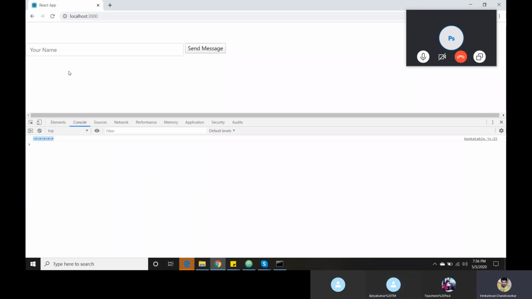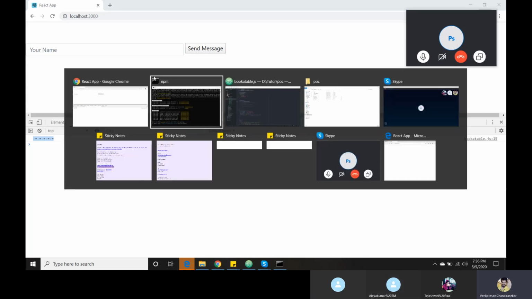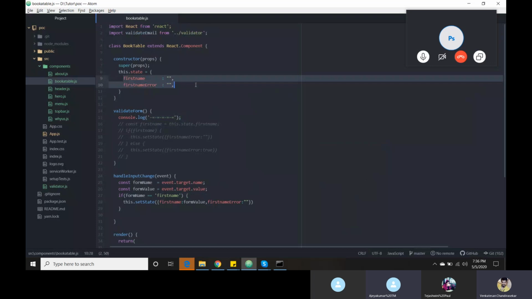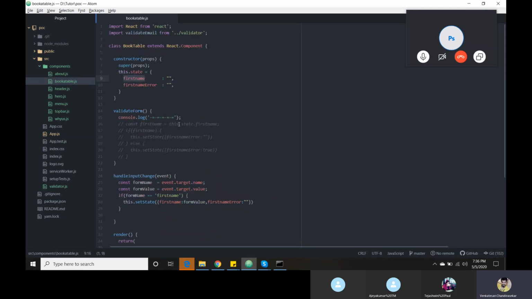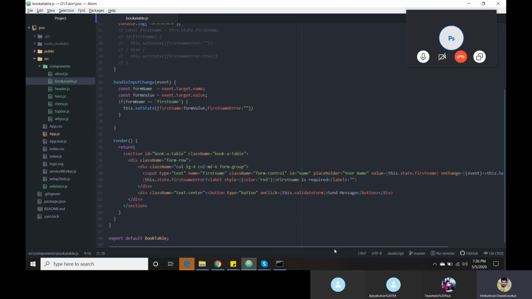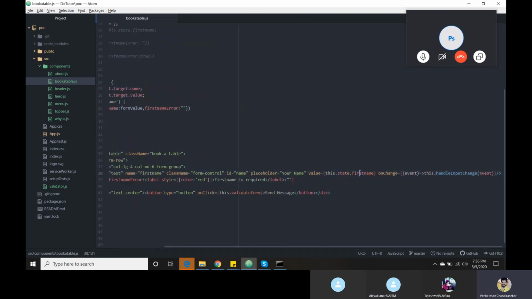Okay, for that, whenever we are working with the class component, I have initial static parameters. Static in the sense first name, last name, everything in a state variable. I need to check whenever I am changing my text box, I need to set my new value to the particular state variable. Initially it doesn't have any value, that's the reason it won't show anything.